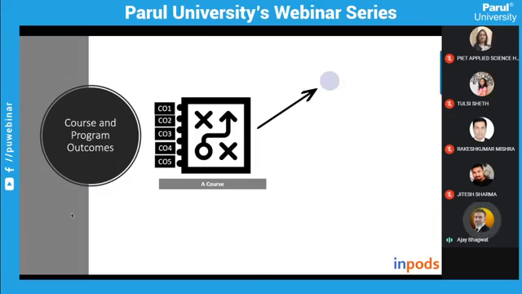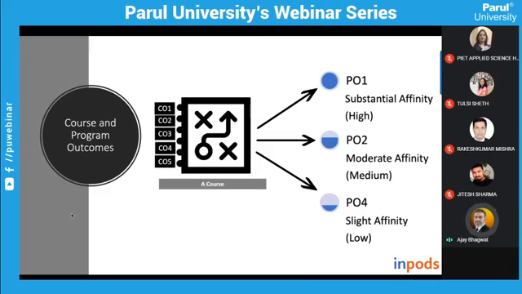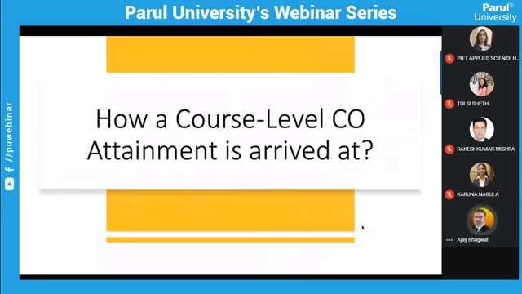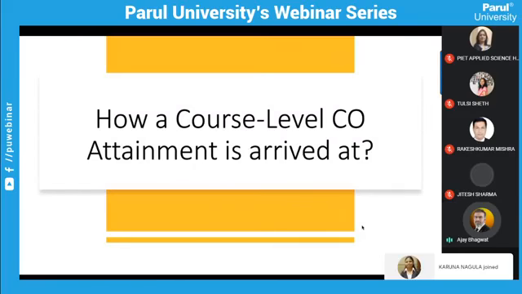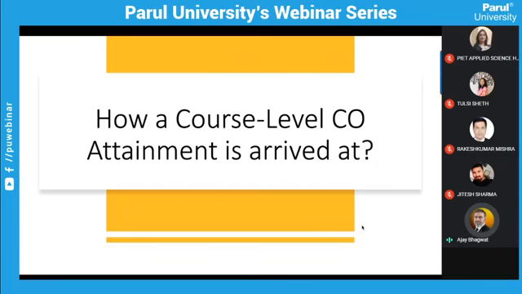So now I'm going to represent this relationship in this manner. This looks a little better. Instead of a table, we can use this as an iconic picture of our course and its association, and we'll take it further. So there are 5 COs. This is the course, and all the COs have association with all the POs in the same degree of affinity. It's kept very simple. Otherwise, when we are covering slightly confusing concepts, I wanted things to be kept at a very basic, simple level, and that's why I'm doing that.